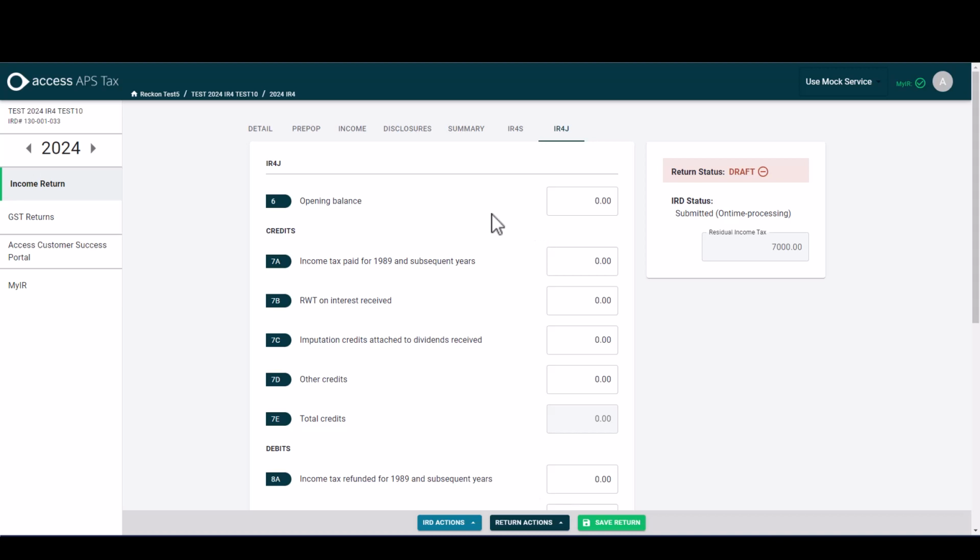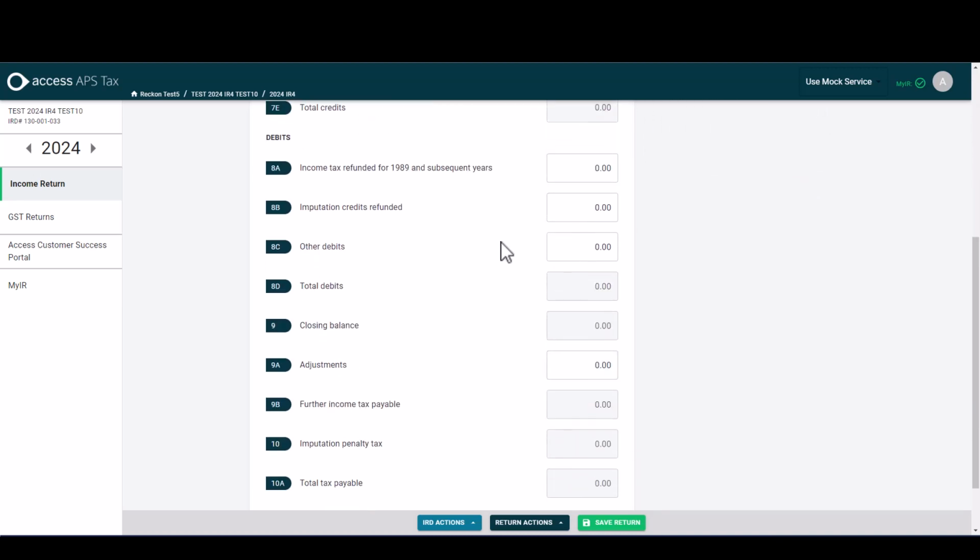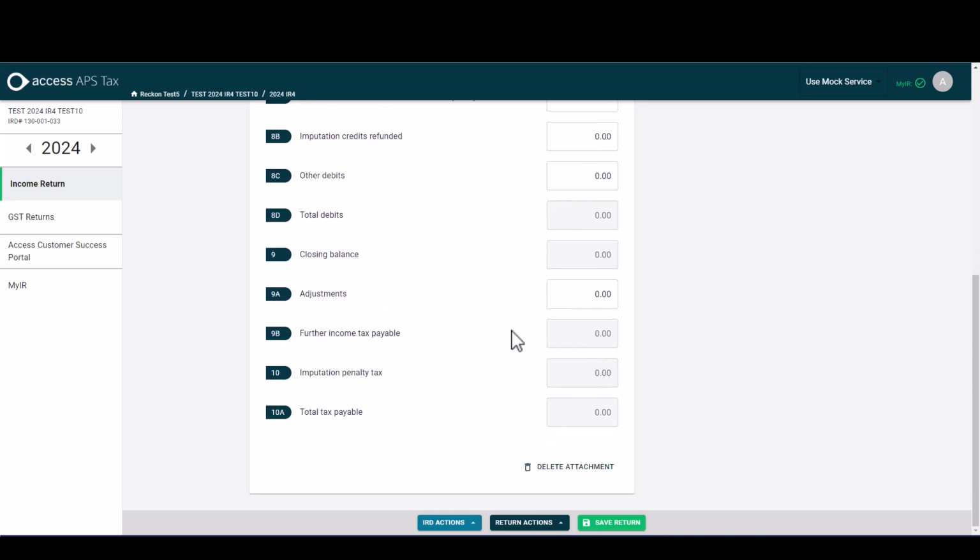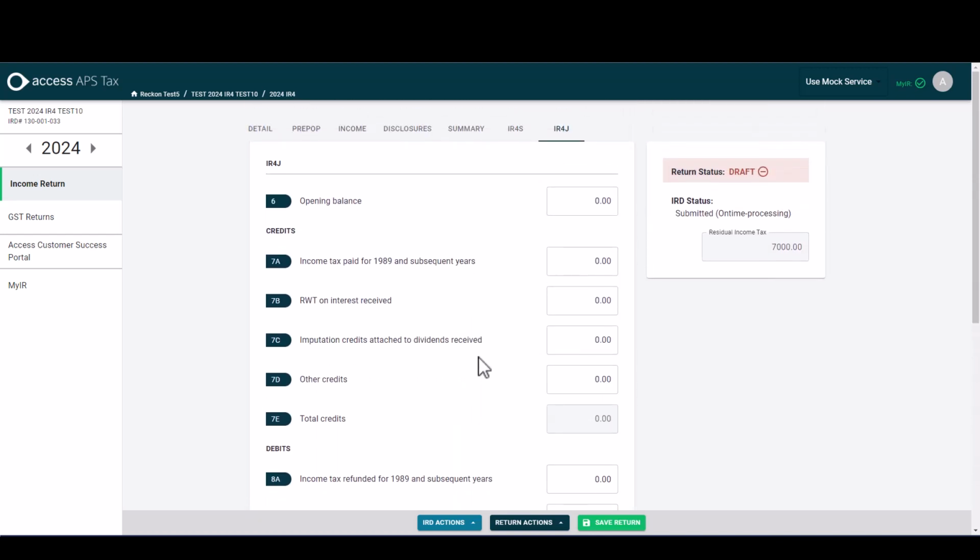Once you've filled in this form with the opening balance and credits and debits, the form will automatically auto-calculate your closing balance and any further calculations in these grey boxes that are uneditable within the form. If you've attached this form in error, again, you can delete the attachment from here. And once you've completed entering the data into the form, simply hit Save Return to save those details in your